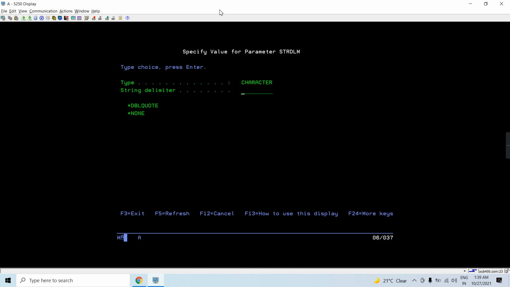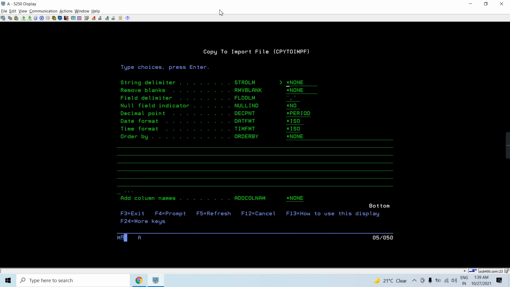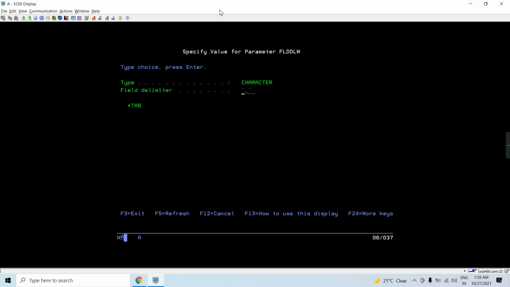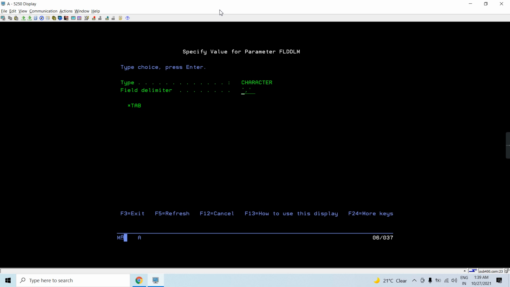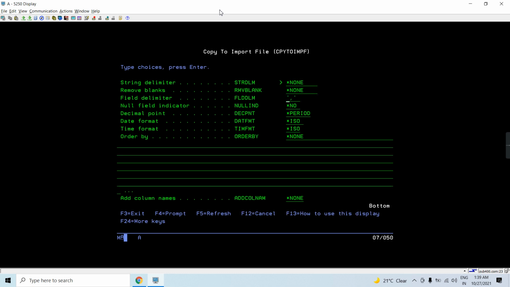But in normal CSV we don't have double quotes, so I'm using none here. Do I want to remove the blanks between the fields? I don't want to remove the blanks, so I'll keep it as it is. Comma is the field delimiter. I can even use tab as well, or any other character too. I'll be showing you that.